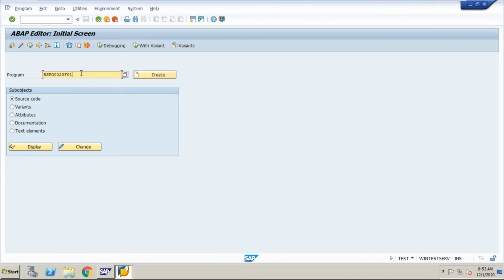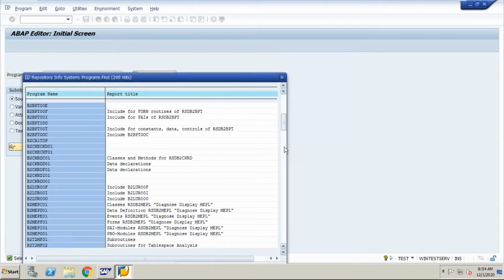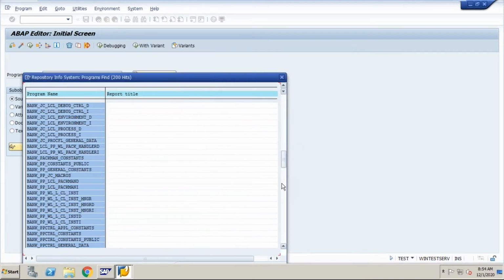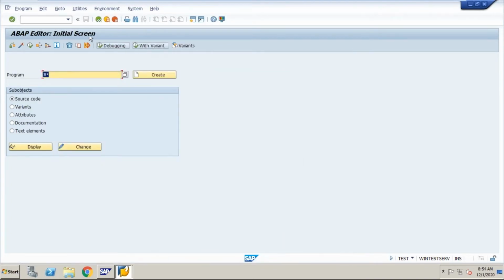They gave us Y and Z. Whenever you create any customized thing, you have to use either Y or Z. Because if you search with A, or with B, there are n number of programs written by SAP. If you use those names, your program will disappear, and you won't know which program you have written. For that reason, you have to use Y and Z. This is the usefulness of SE38.